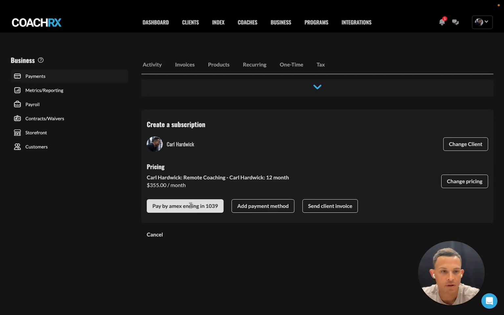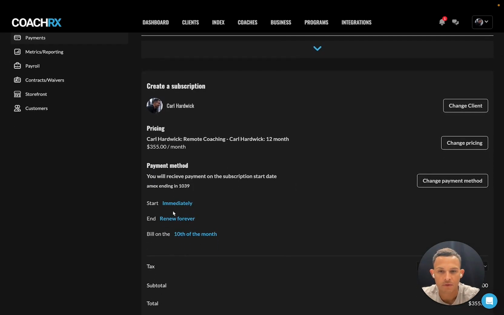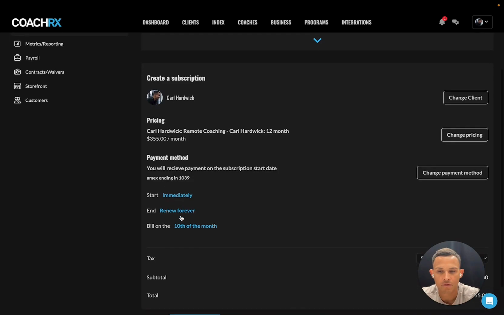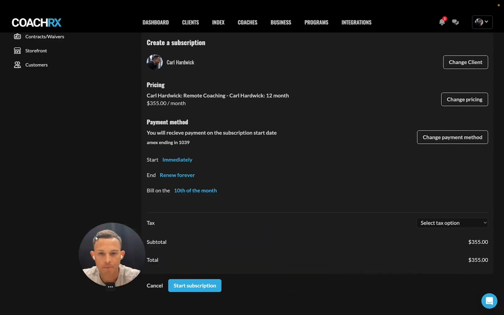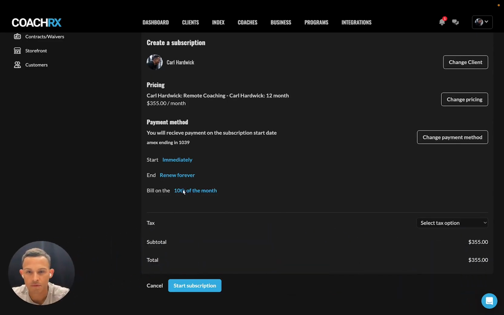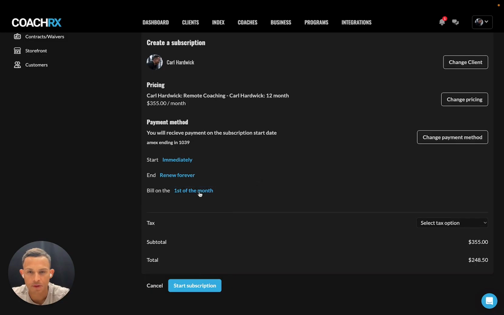But since I have that payment method here, I'm going to hit pay with the Amex, and I'm going to start that immediately. I'm going to renew forever, and I want billing to be on not the 10th of the month, but on the first of the month. Okay, so since billing is on the first of the month, you'll notice that we have a total that is prorated. It's prorated to $248.50,